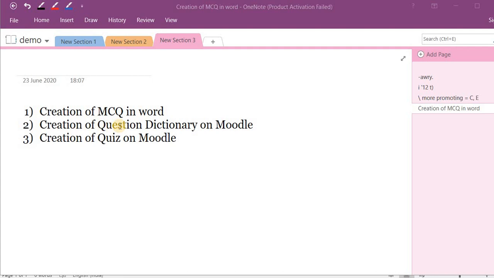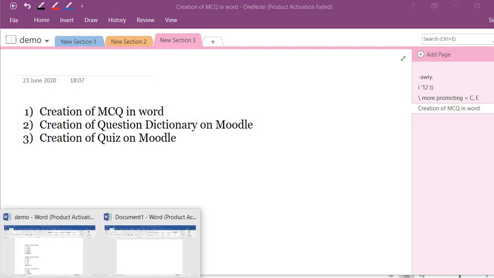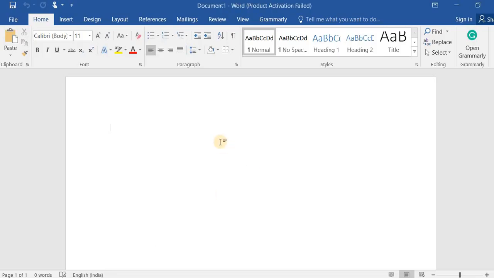So step by step, the first one is creation of MCQ in Word. I have already opened a document in MS Word format. In order to create the quiz, there are certain specifications you have to follow strictly, otherwise an import error will be generated. Suppose my quiz's first question, because it is a demo type of session,